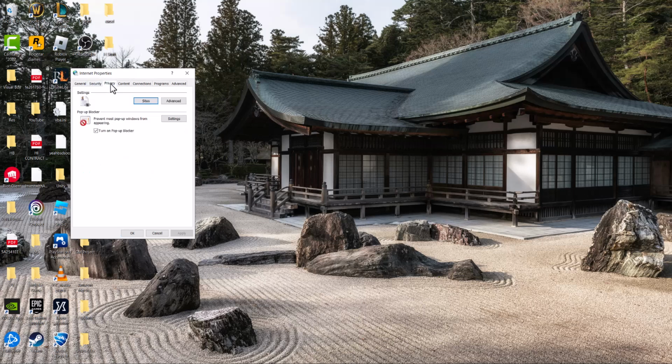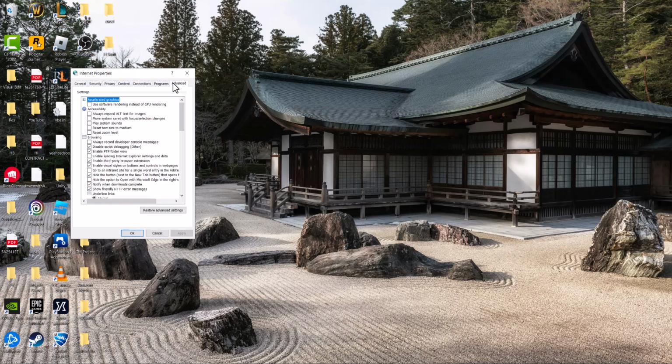and if it doesn't, then we're going to move on to the next step, which is go into advanced, go all the way at the bottom and do use SSL 3.0. Do be careful, this might have some security issues from cyber attacks and whatnot, so see if this fixes it for you. This one I would recommend doing some research